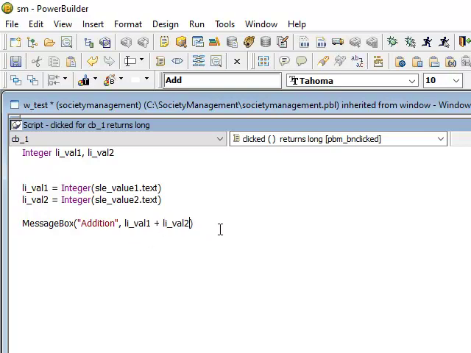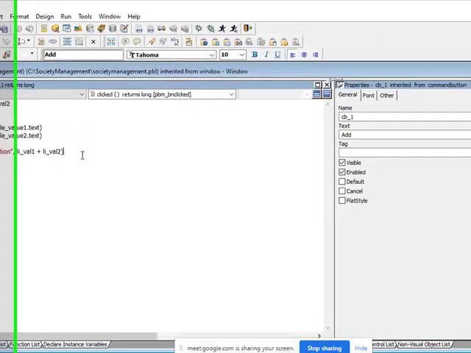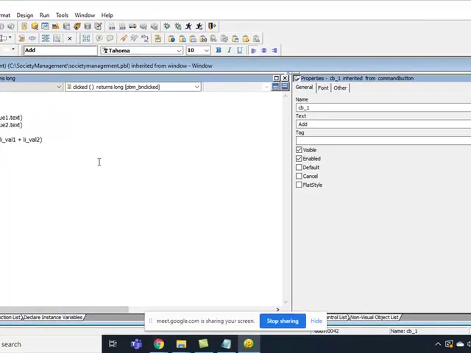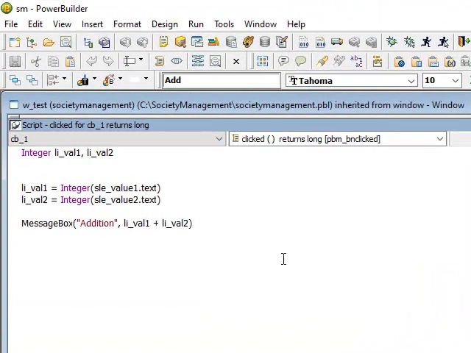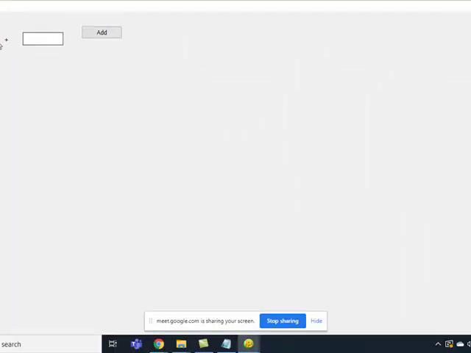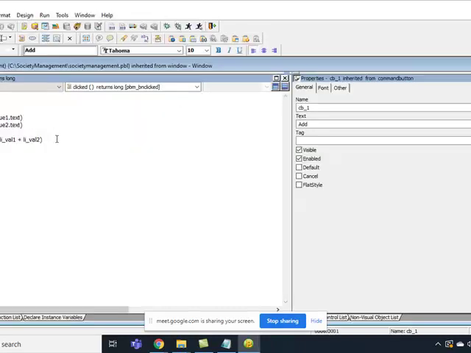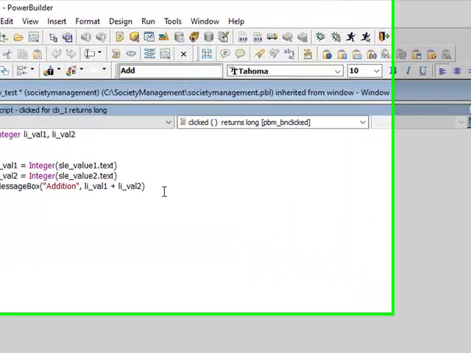So what is this? This is addition. If you run here, 0 because nothing was there. 2 addition is 4. Simple message box. There is nothing serious we are doing.